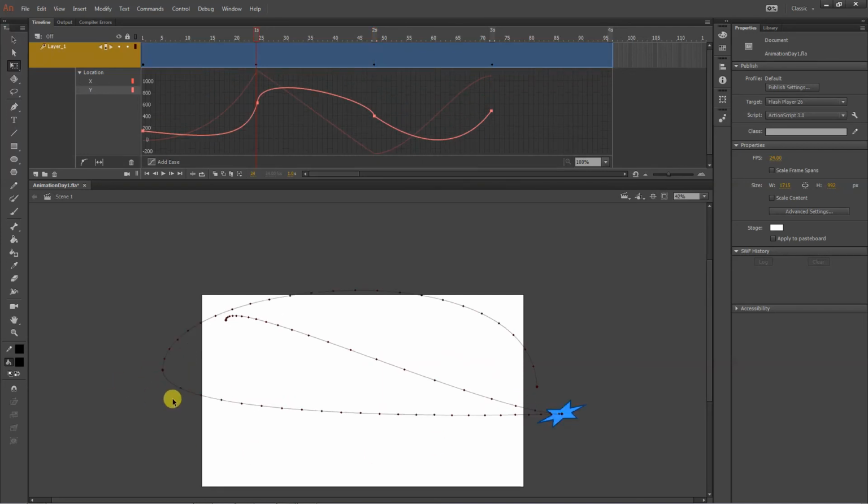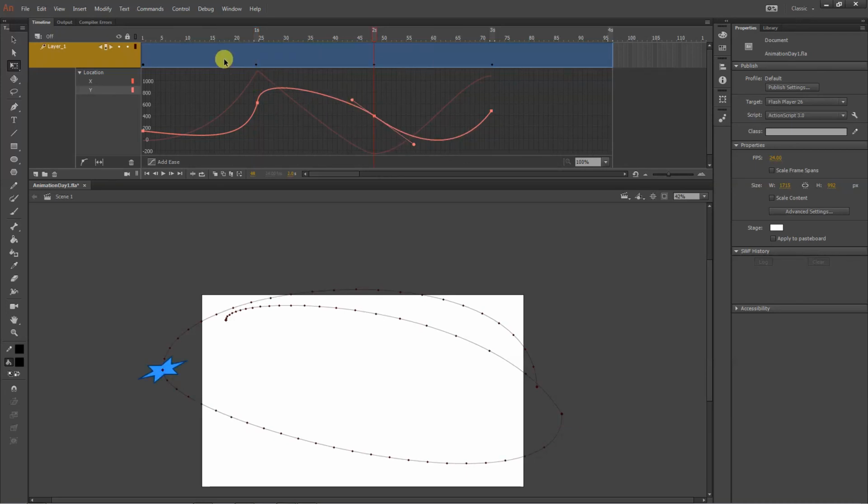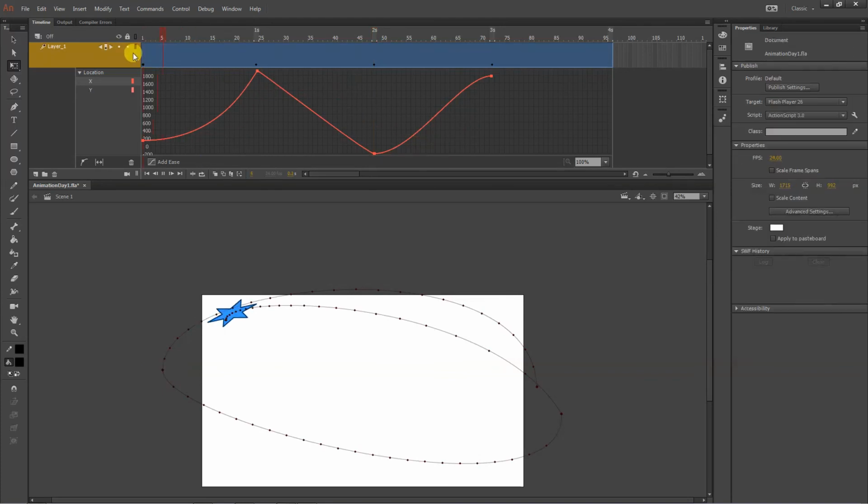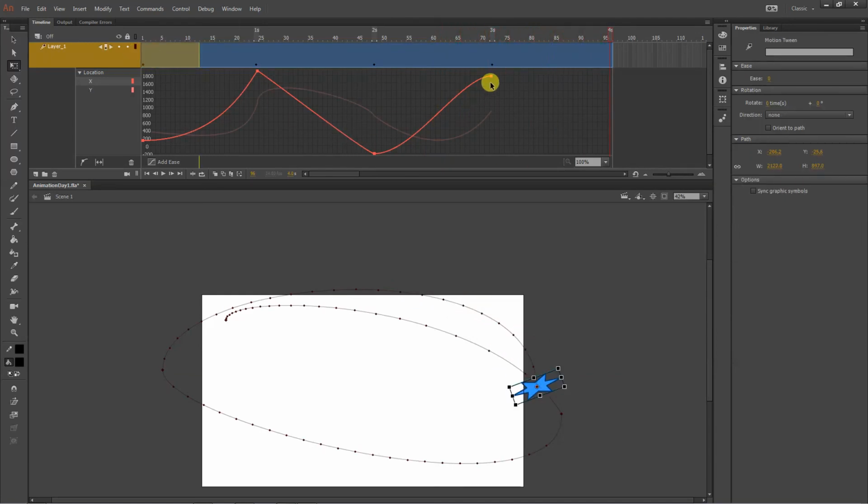It took away the curve, basically. So you kind of have to just get a hang of how this thing thinks, which is always tricky, and never straightforward, unfortunately. But it can be done. There we go. I can see them evening out, kind of. And now when I watch it, it's going to speed up, and it goes the same speed there. And then maybe I want it to slow down at the end. If I want it to slow down at the end, I drag this out to make the arc flat, and